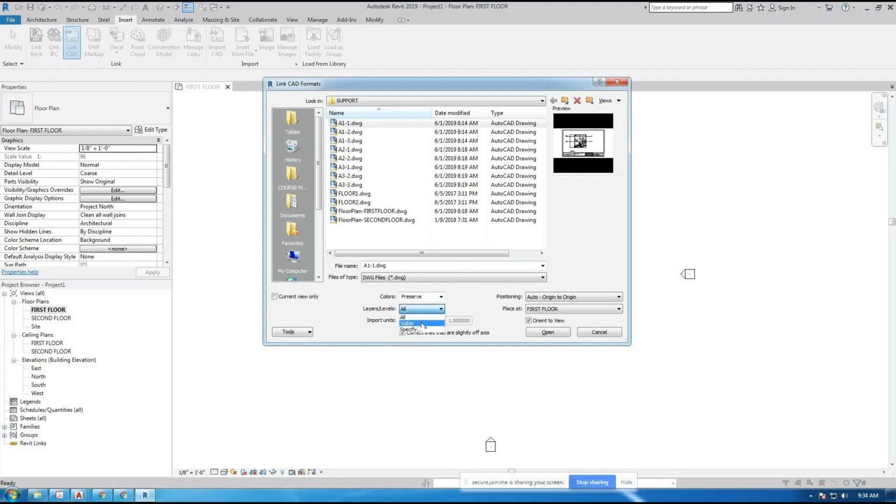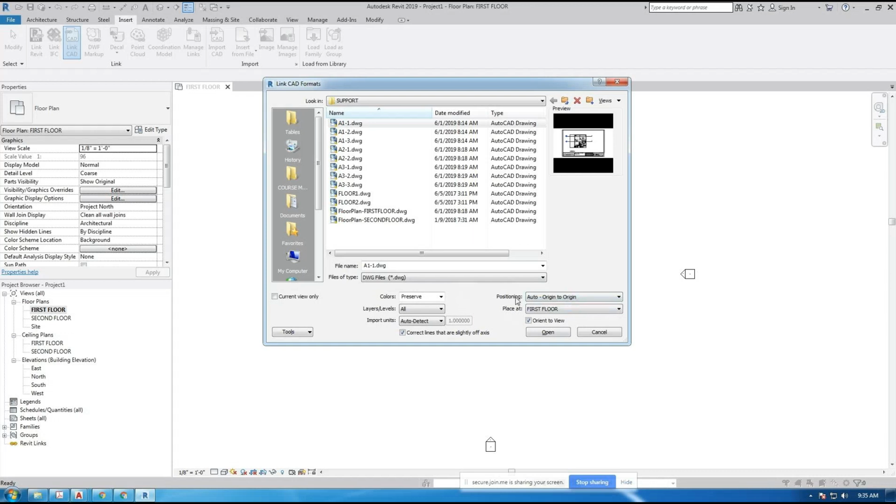Just be aware, if you ever use this, visible, bring in the AutoCAD drawings and only the layers, only the things you can see in the file, into Revit, or specify, check which layers you want to bring in, if you ever do any of these two, you will never be able to see the layers you turned off and didn't bring in into Revit. Just be aware of that. And if you use AutoCAD, you understand what I'm describing. I typically bring in all the layers and then decide in Revit which ones to hide from Revit. But if you use specify or visible, you will lose those layers permanently, and you have to bring in the